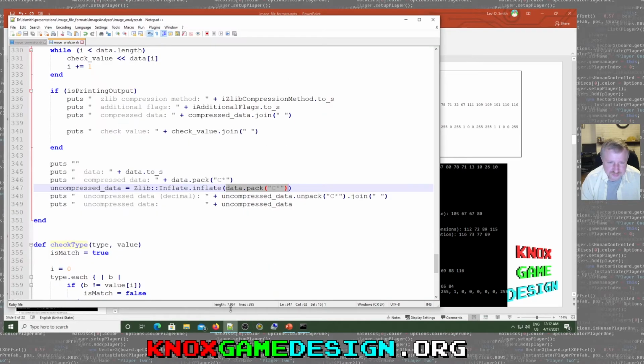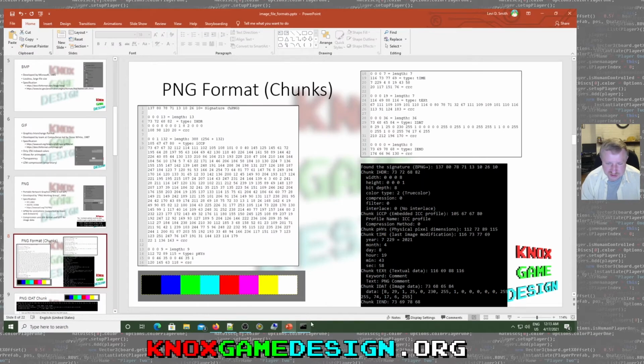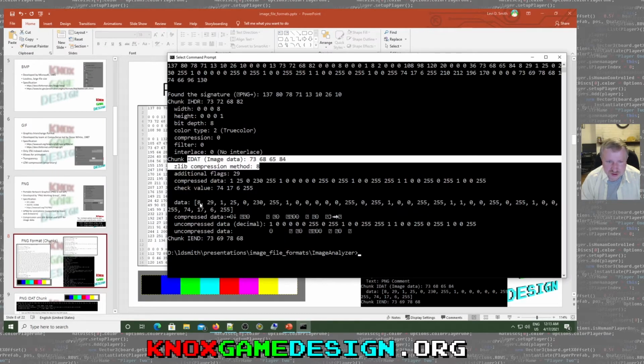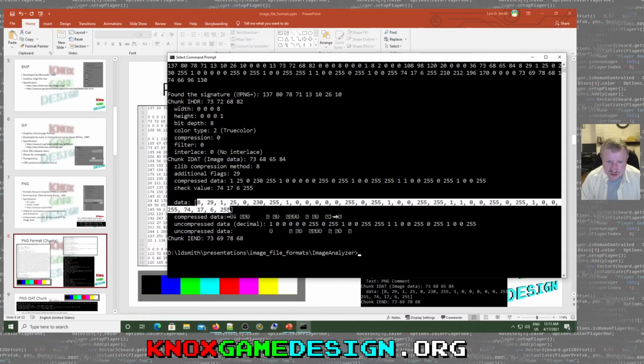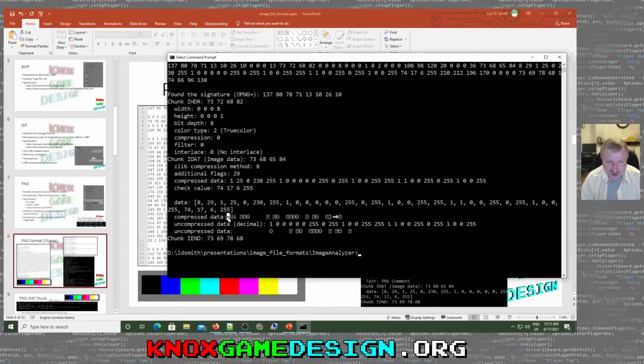So thankfully, I just had to call Zlib::Inflate.inflate with a lowercase i, then pass in the data, but you've got to make sure you call .pack with C* at the end. So you can see here in the program, here's the data. Here, there's that 8 right there. And so this kind of goes along with what the standard was saying there with the 8 and 29. So here's the compressed data